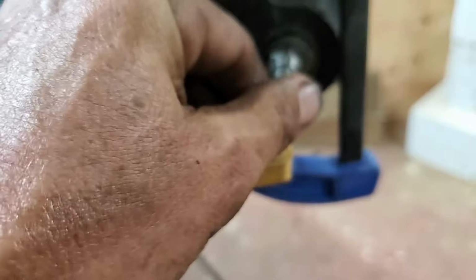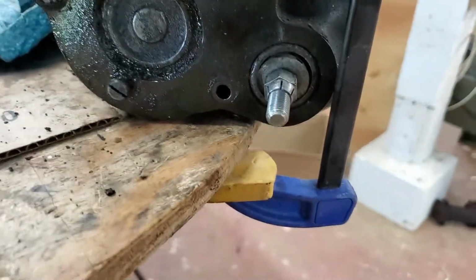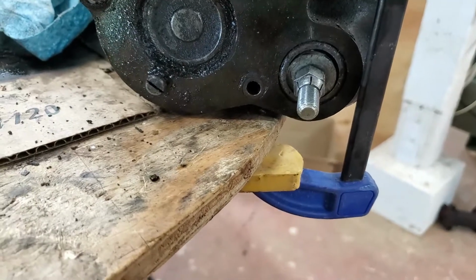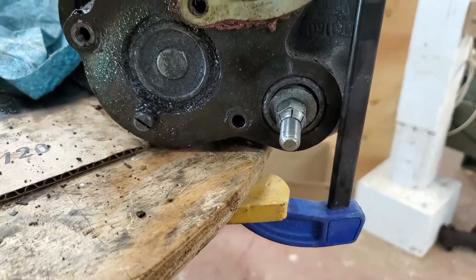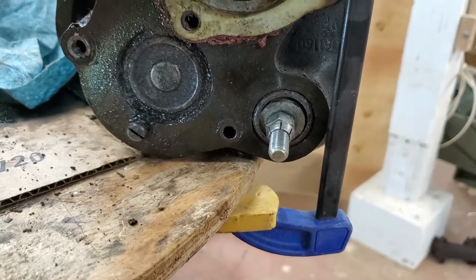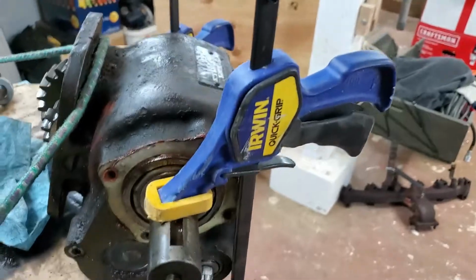I'm going to move my hand out of the way. And what it does is it ends up resting on the channel that's in there, that normally is where the rubber boot is. And what you end up doing is you take a torch. In this case I'm using a Bernzomatic